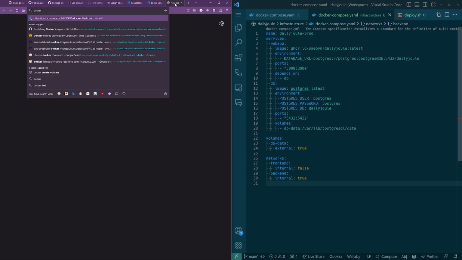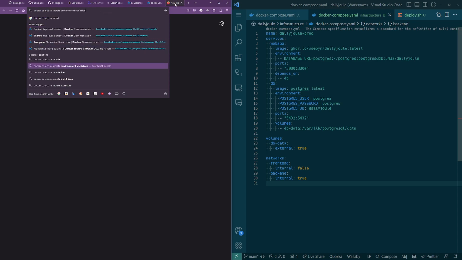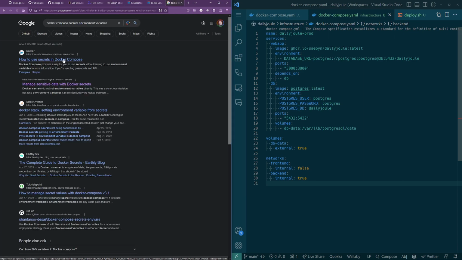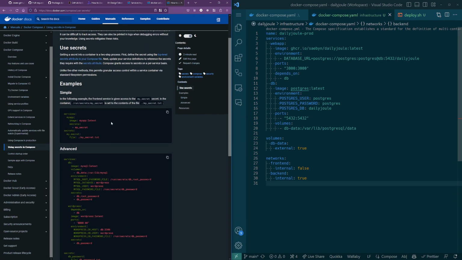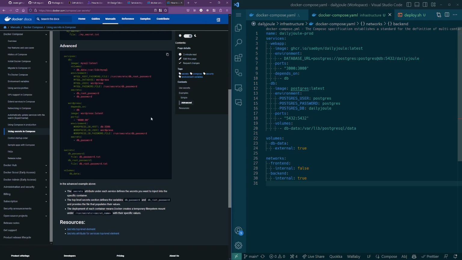Let's keep looking. Docker compose secrets environment variables. It's been searched for. How to use secrets? Okay, simple. So the idea here is that you would be able to, within whatever is running inside of this container, read from a file. And that's all well and good if whatever you're running is set up to do that. But